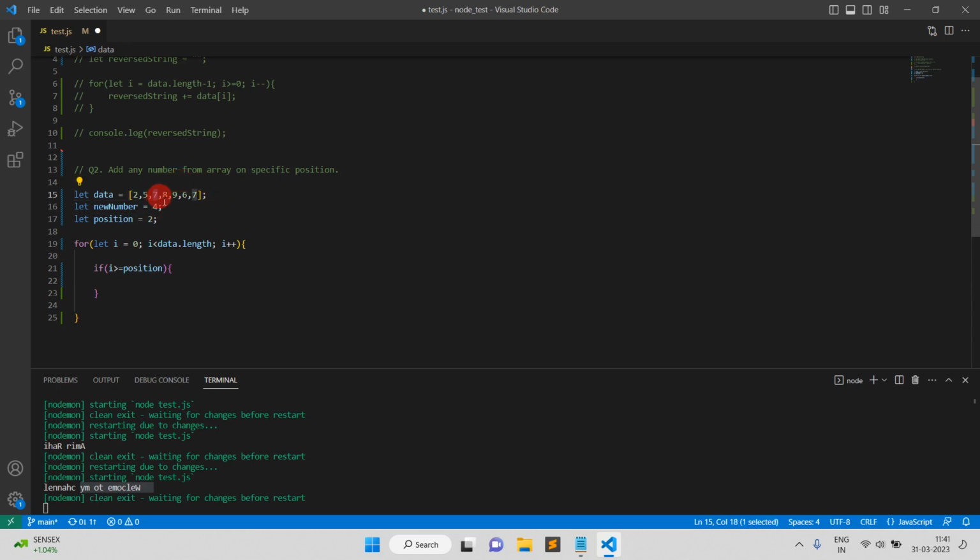Okay, so we are going to shift this 7 to the next position in the place of 8, and 8 will shift to the 9, and 9 will shift to the 6, and 6 will shift to the 7. Okay, so this way it will work. So I am shifting all the data to the next position from this position. Okay, if our current position is this position or greater than this position, then